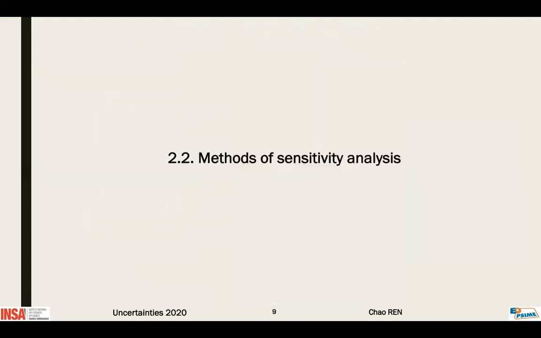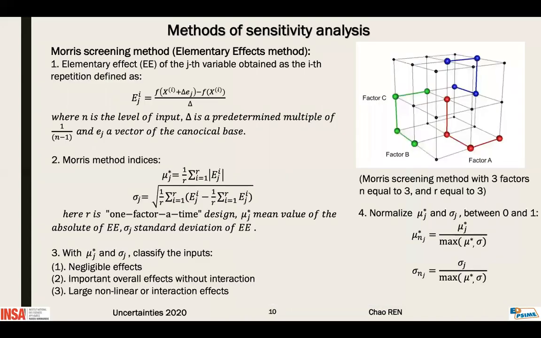Then I will briefly talk about the method of global sensitivity analysis used in this study. First is the Morris-Campolongo method, also called the elementary effect method. It is based on the one-factor-at-a-time approach. It randomly evaluates the elementary effect of each factor. Then after enough repetition, the mean value mu and the standard deviation sigma of the elementary effect of each factor can